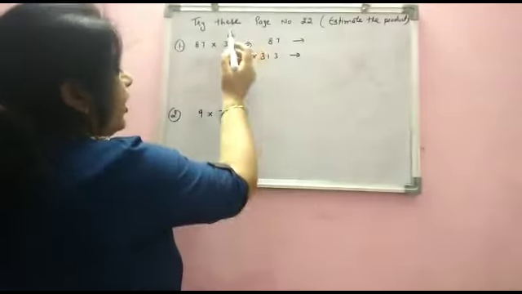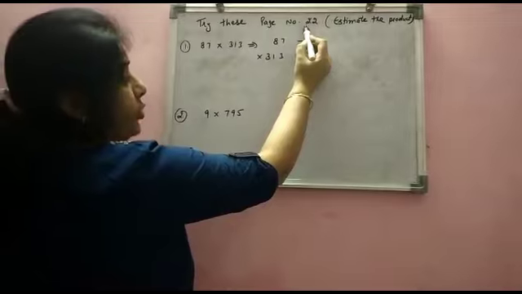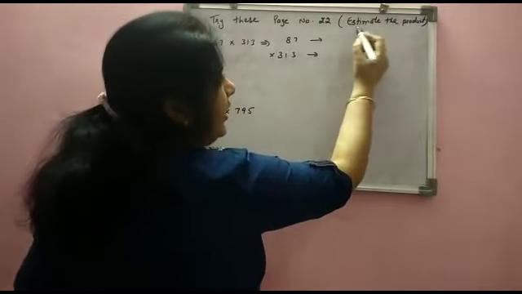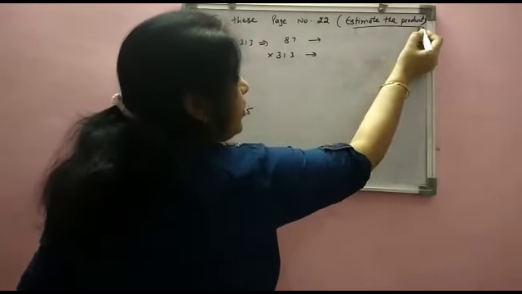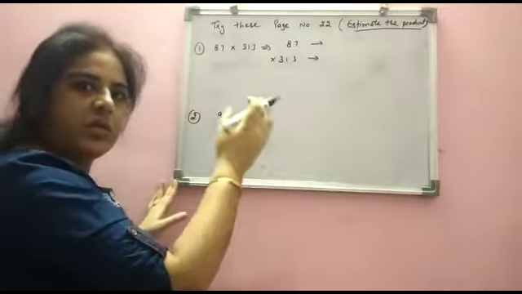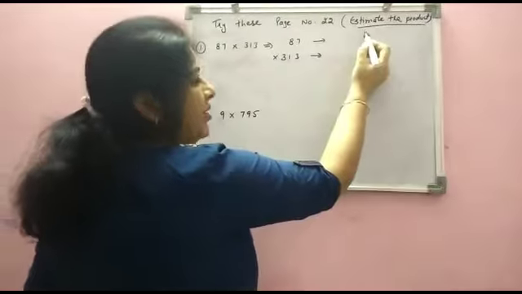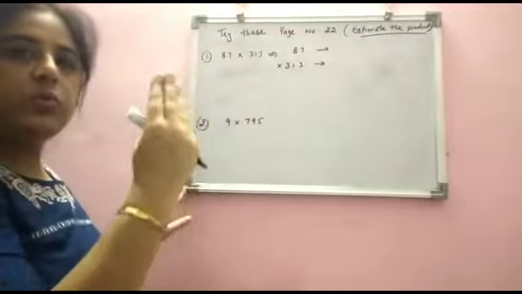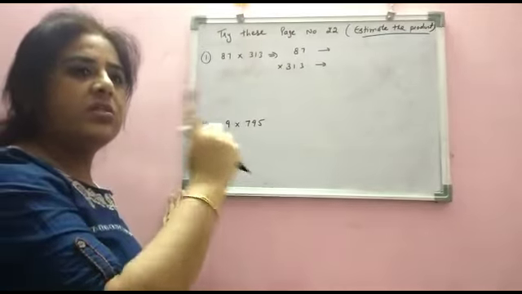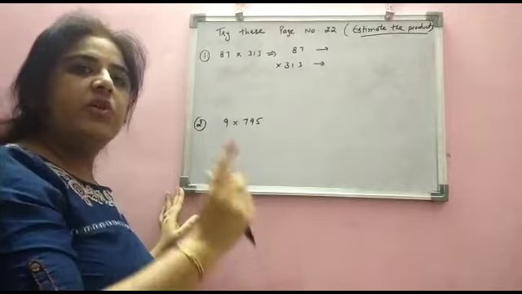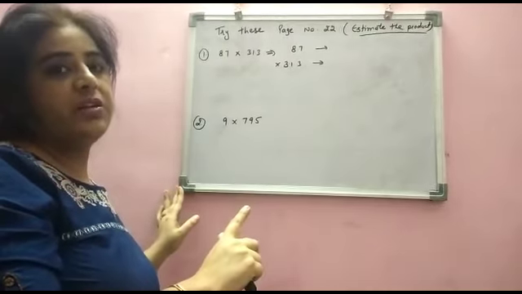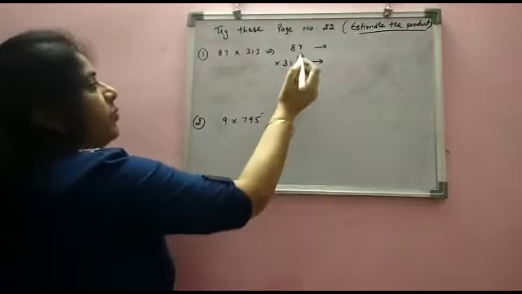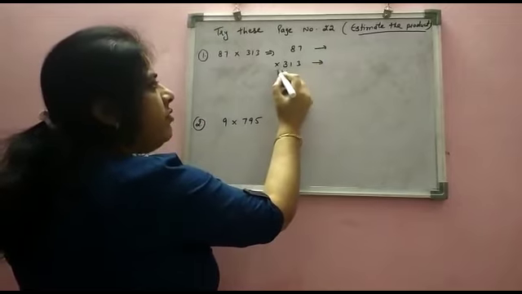Now students, we are discussing here, try this page number 22 of the NCERT book and the statement is estimate the product. It is only written estimate the product. It's not written till tens, till hundreds, till thousands. So we have to follow the general rule. General rule means 3 rules we have to follow, and the rule is single digit numbers will never be estimated. Each number will be estimated at its own greatest place, and the maximum place can be only 1000. So first we will estimate and then we will find the product.